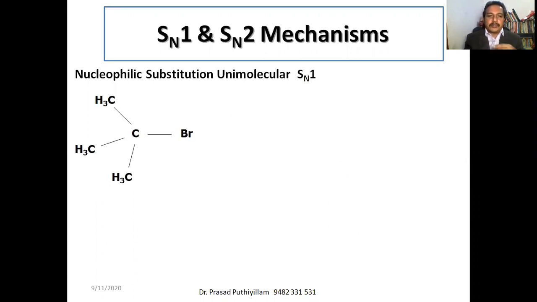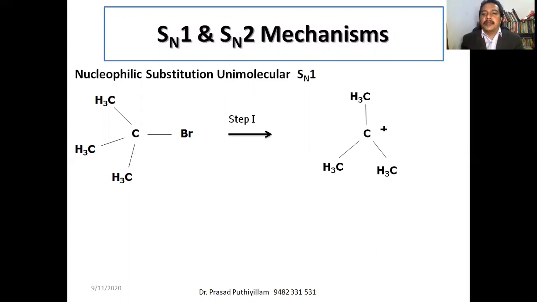If you see, there are two steps. The first step, the slow step, which is also a reversible step, gives a carbocation. The tetrahedral molecule becomes a planar molecule, a carbocation. When Br minus goes out, it loses the tetrahedral shape. The CH3 groups along with the carbon come to the same plane. Here, in the plane of this screen, it becomes a trigonal planar shape.